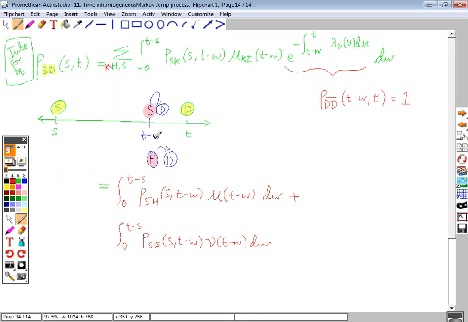Okay, so I guess I should just make this green. All right,